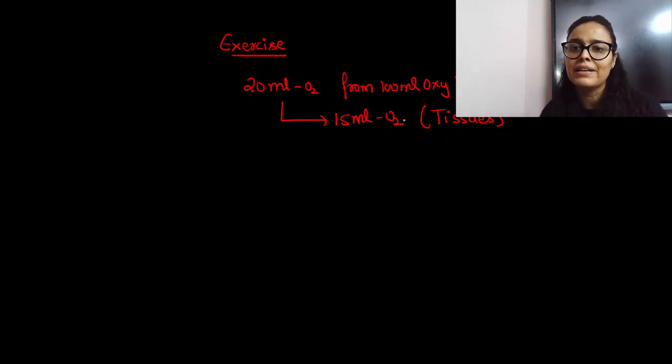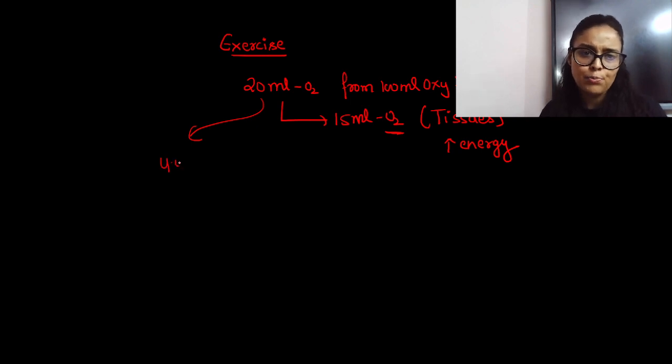because they actually have to increase their metabolic process, and hence they require more oxygen to release more energy, because here more energy is needed. They require more energy for exercise, and that means some oxygen will be used by WBC. So approximately 4.4 ml oxygen in this condition per 100 ml of blood is left unused. Everything else has been used.